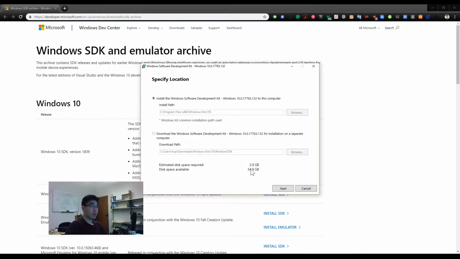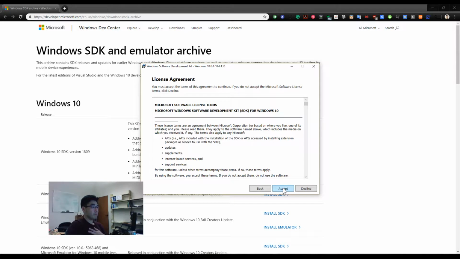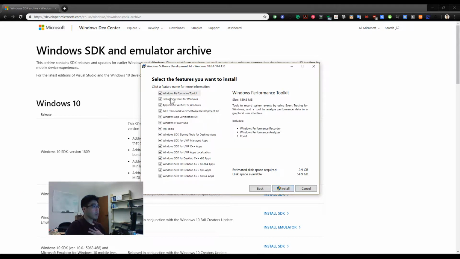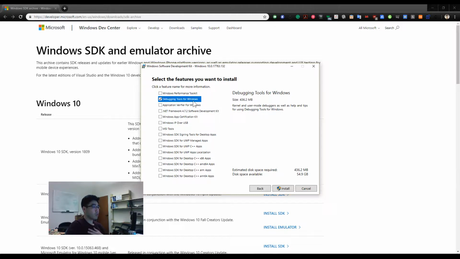Oh, freaking out! But no worries, you can set it up later on so you can reduce it to something like 400 megabytes. For sending anonymous usage data, if you are sensitive about privacy, say no; otherwise yes, and accept. Then uncheck everything but Debugging Tools for Windows. And there you go. You have only Debugging Tools for Windows, which only takes about 436 megabytes,